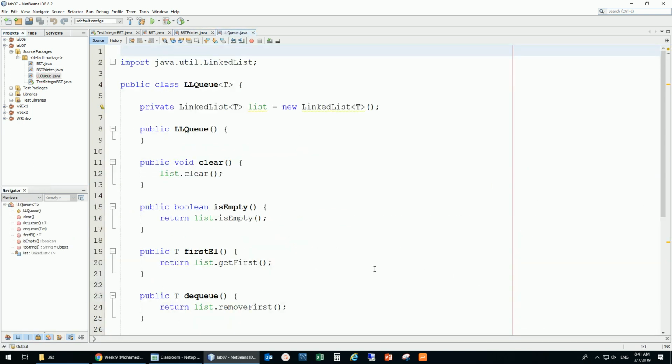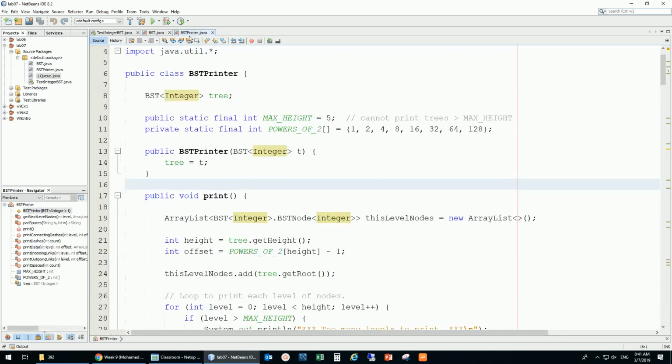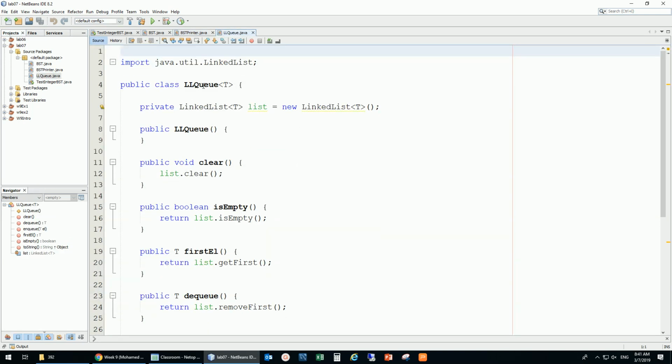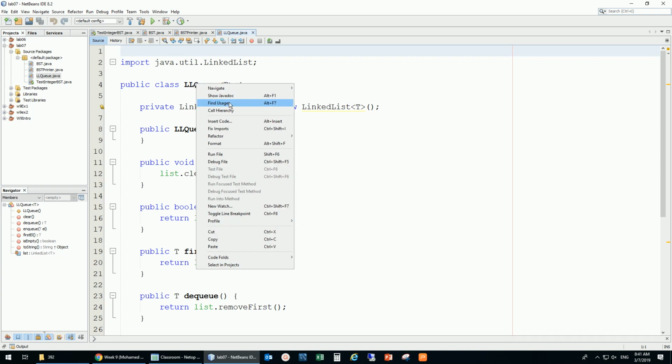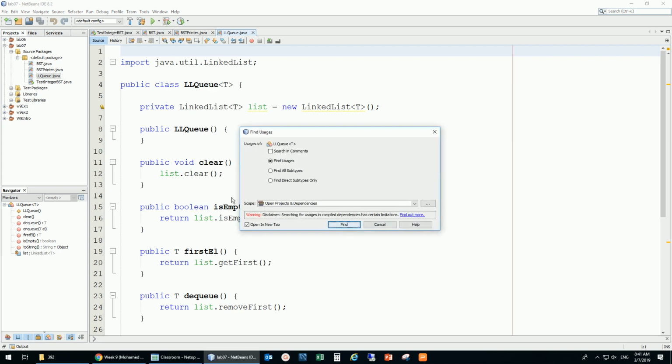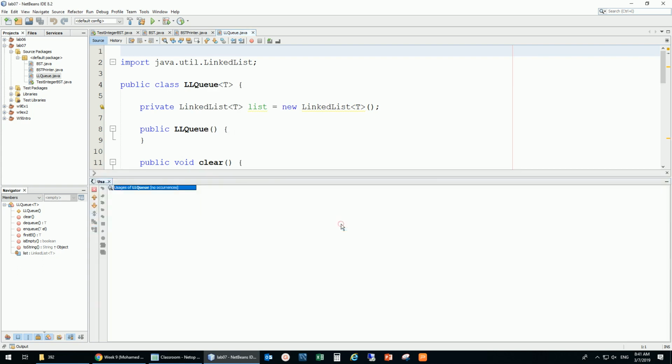This linked list queue, okay, that is probably where this is going to be used. There's something in NetBeans that you can use. For example, for this class, I would like to know where this class is being used. I just right click on it, and there's this find usages. If I click on that, this will tell me where this class is used, and let's click on find. Well, it tells me this linked list queue is used in the BST,